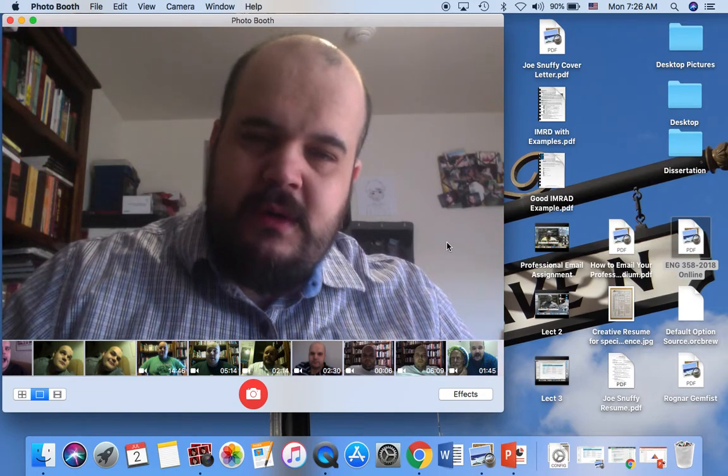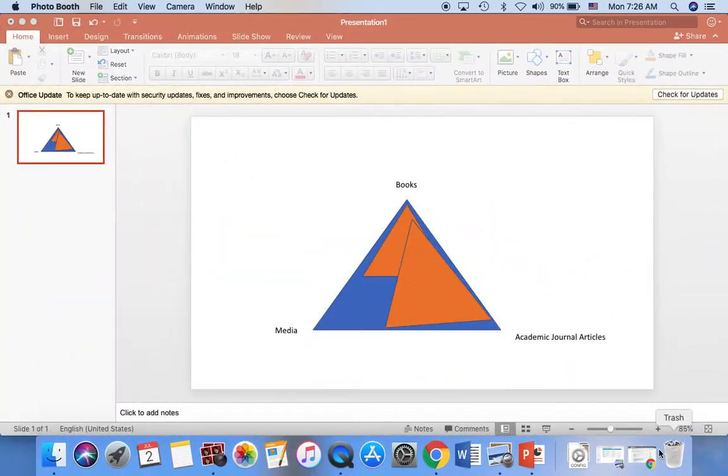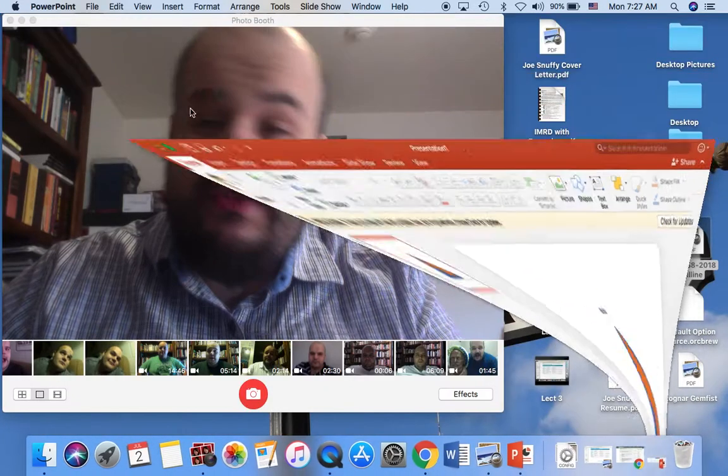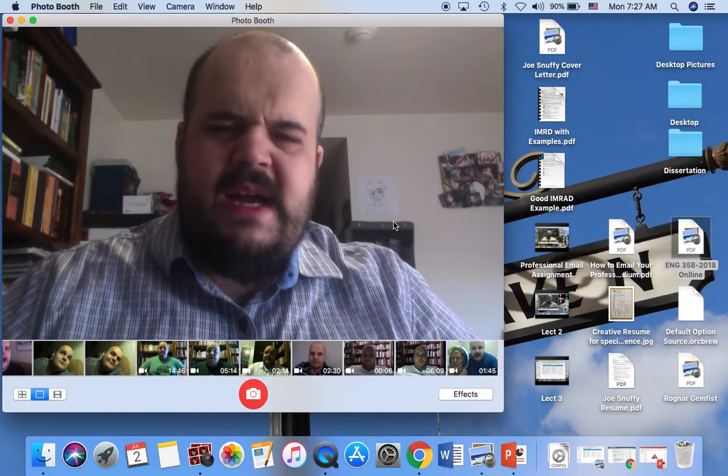So that's something you have to navigate when you're making any claim in a paper. You want to make sure that you can triangulate your sources so that you have at least 2/3 of the triangle filled, right? So if I want to say all grass is green, I need to find a book and an academic article that say all grass is green, right? Or a book and a media article, or an academic journal article and a media article, right? That's the standard of evidence that you need in order to really have a reliable claim.